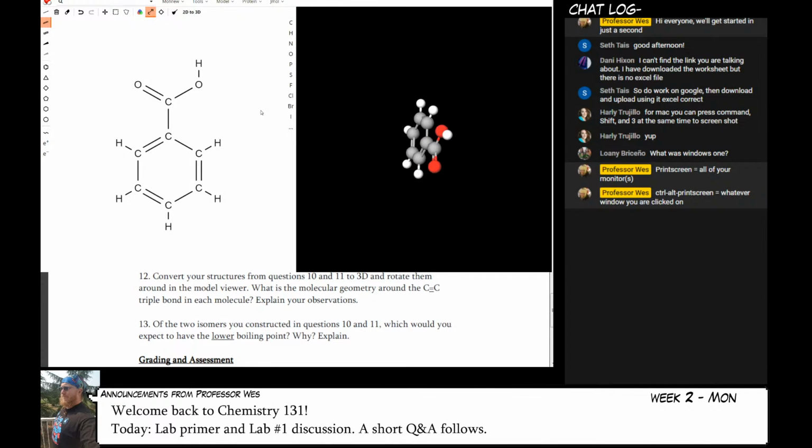Now, the one thing that this doesn't do, and I wish that it did, was I can't make the molecule rotate around single bonds. So this right here, this bond, would allow this group to spin. Whereas these double bonds would not allow the benzene ring, this ring part here, to spin at all. This part's completely flat. It will just stay like that the whole time. What I want you to do is, with the combination of that video that I showed you or linked to you at Khan Academy and this model viewer,